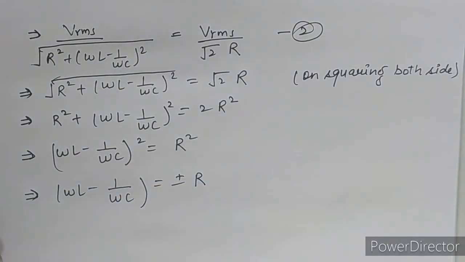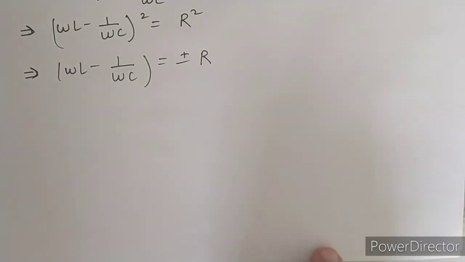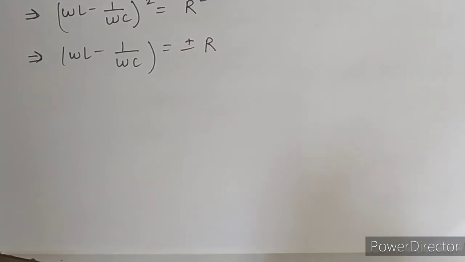Now if we take f1, if you remember the graph which we drew in yesterday's lecture, f1 is negative. If we take the resonant frequency at the origin, then f1 is in the negative direction and f2 is in the positive direction, because you have seen that f1 is less than the resonant frequency and f2 is greater than the resonant frequency. So the negative value of R is your f1 and the positive value of R is your f2. Clear?